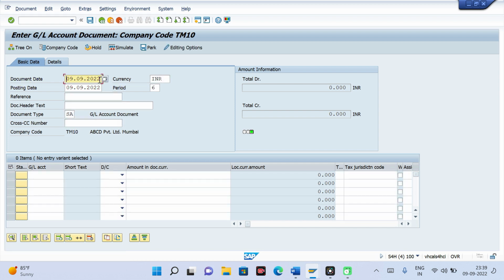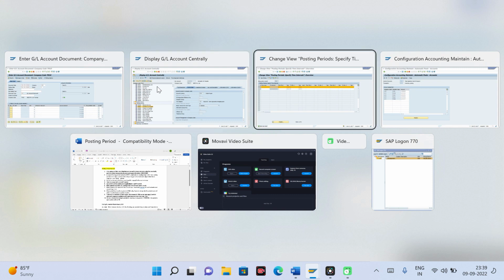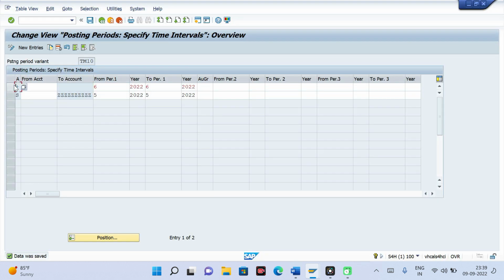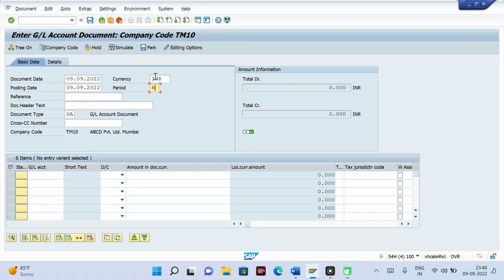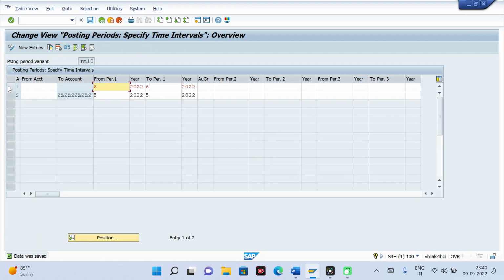See here, after hitting enter, period 6 came. Now it will compare this period with the plus sign. Plus sign, period 6 is open, therefore it is not throwing an error. So the first check passed.